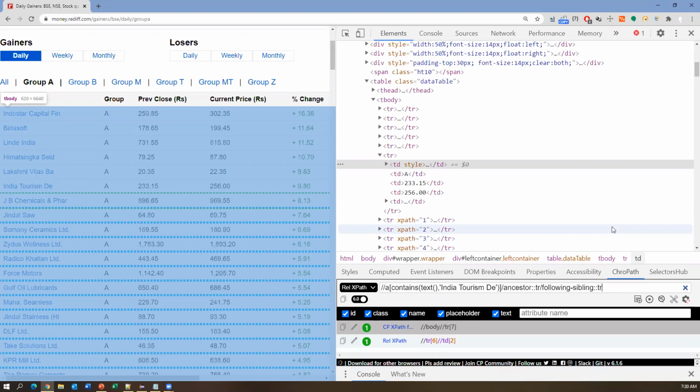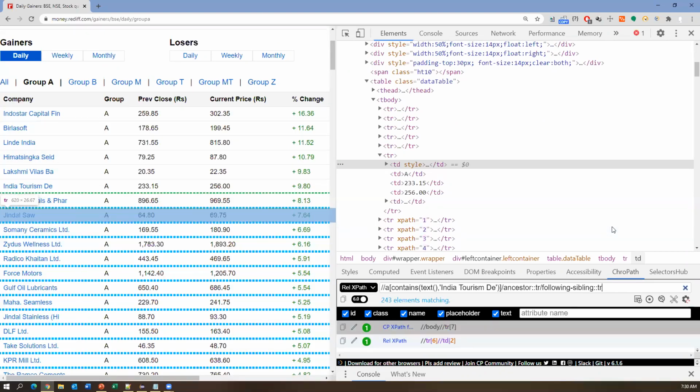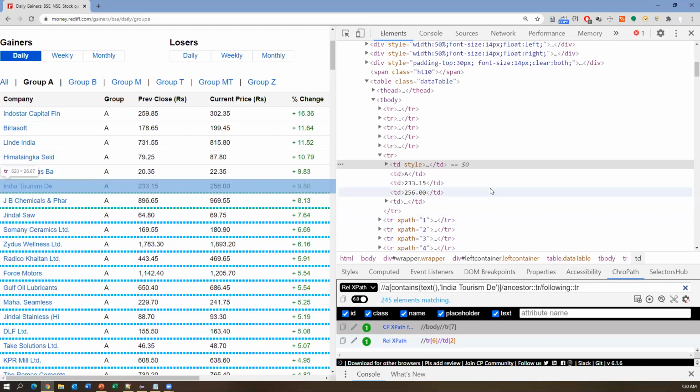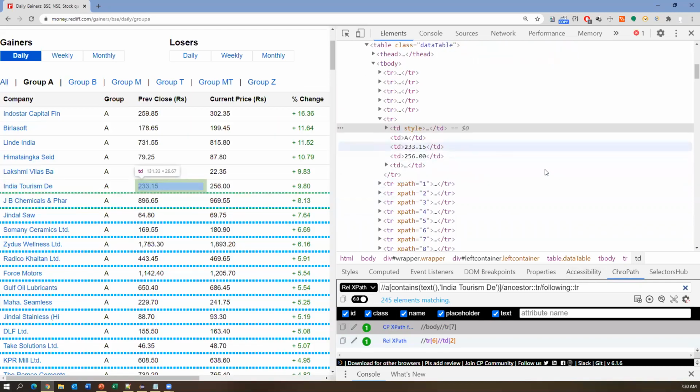Now we'll see, enter. See, this gives 243 elements. Inside the following, if I say only following, it is returning 245 nodes. Among those 245 nodes, some TRs have some siblings also. Inside the following, we have siblings.